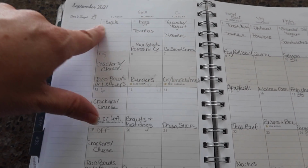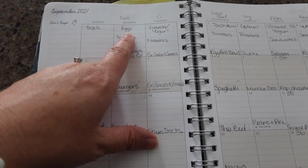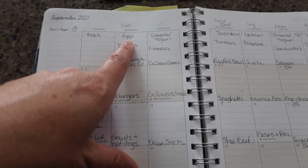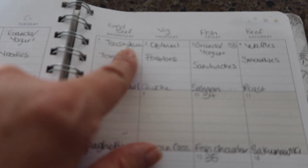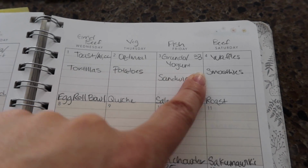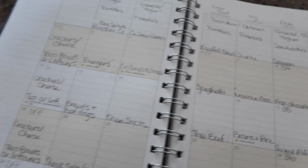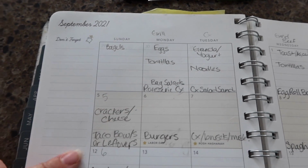On Sundays, we'll be having bagels for breakfast, homemade. I didn't buy bread. I'm making the bread and the bagels and the buns, the hamburger buns, hot dog buns. Monday is eggs, granola and yogurt, toast, applesauce and cottage cheese, oatmeal on Thursday, granola and yogurt again, and then waffles on Saturday. For lunch, Sundays, we have our big meal, and then in the evening, we have crackers and